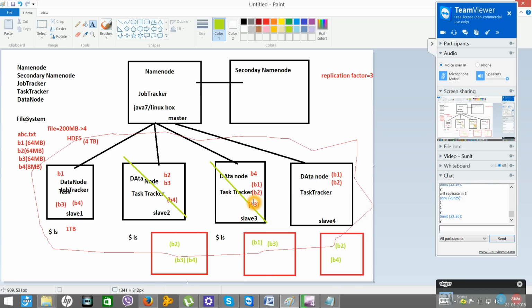At that time Hadoop will make its best guess to delete the block. It may delete the block from here, or even from here, from anywhere. It depends on Hadoop.